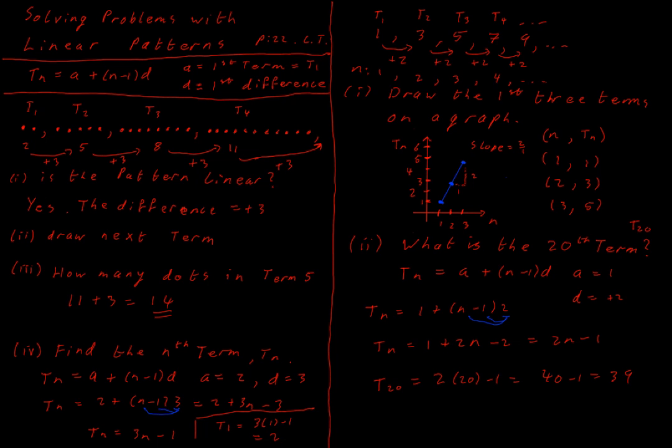So my 20th term in my pattern is 39. And that's how our formula works if we want to find a big number term. If they just ask us for the 10th term, I could just write out the list. But if they ask me something big like this, I find Tn first, and then I put in my value for n. My 20th term would be T20. I put n as 20. And that's what we need for solving our